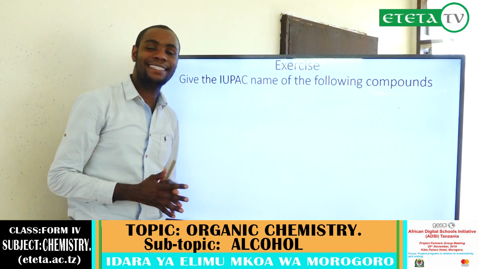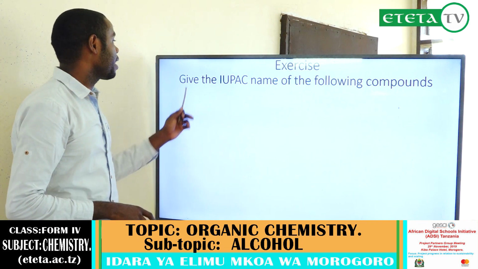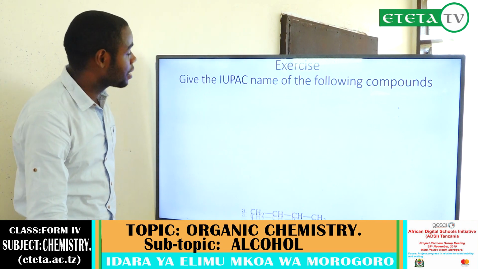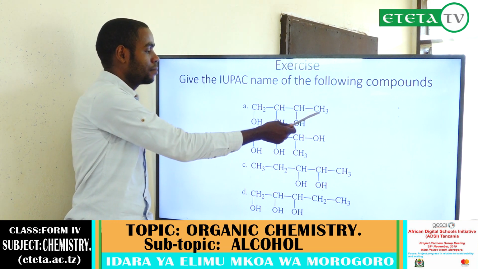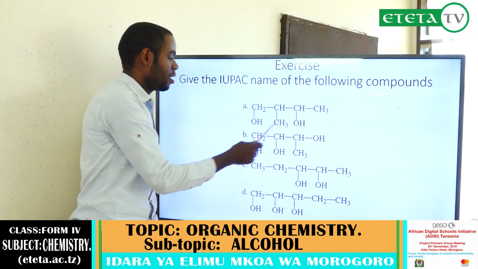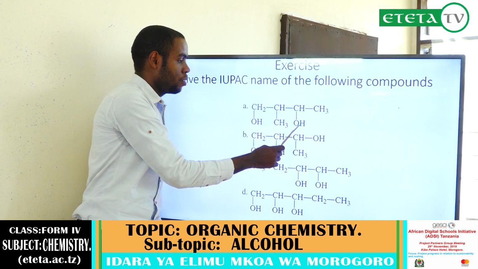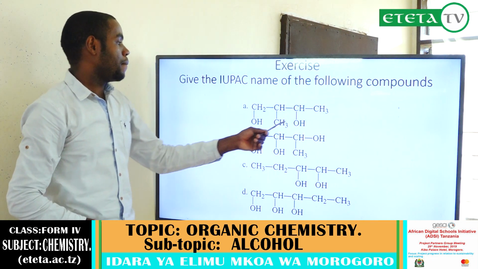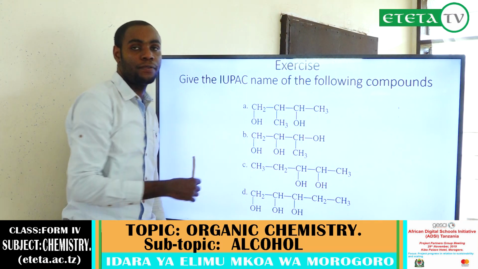Now, exercise. I have a question here which says give the IUPAC name for the following compounds. I have some compounds here. The first compound is this one: CH2, CH3, then CH2OH, CH3, CHOH, CH3. I think by using examples which I explained earlier, it is very possible to name this compound because